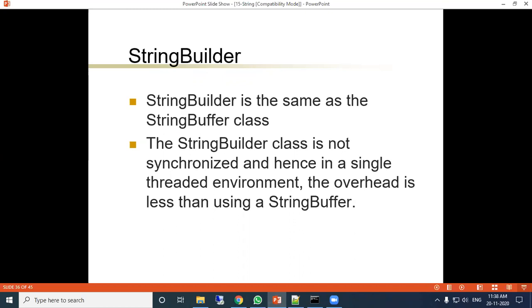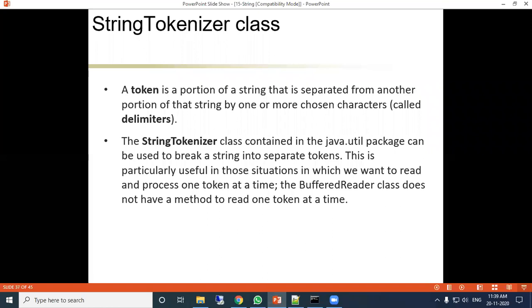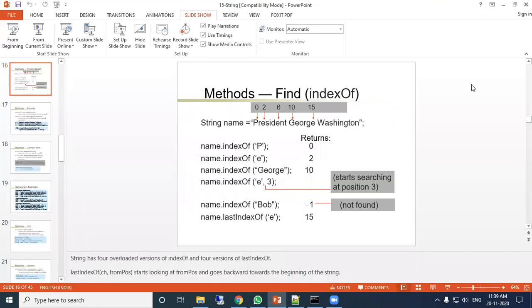When you use a single-threaded application, there you use string builder. So this is about the string class and string buffer class topic. Some programs will be given, you will do them.